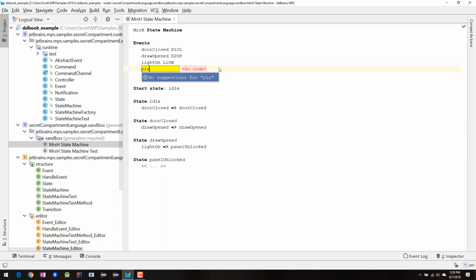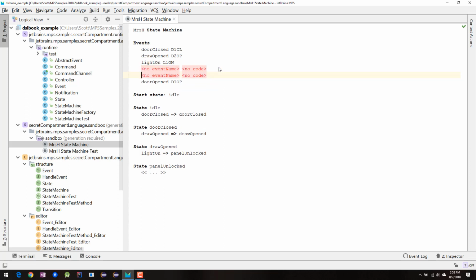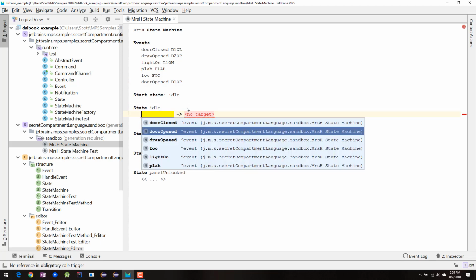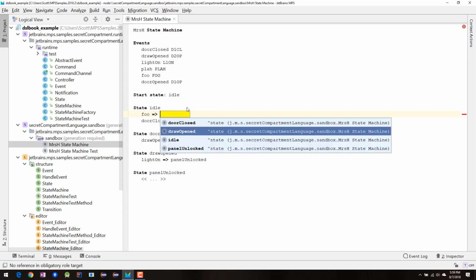Blah. And tab is not going over there. How the heck do I do it? Just enter. Alt enter. Blah. Now tab worked. There we go. And then foo. Wow, wasn't that exciting? And then down here, I have trigger to target, so I can choose foo and idle,